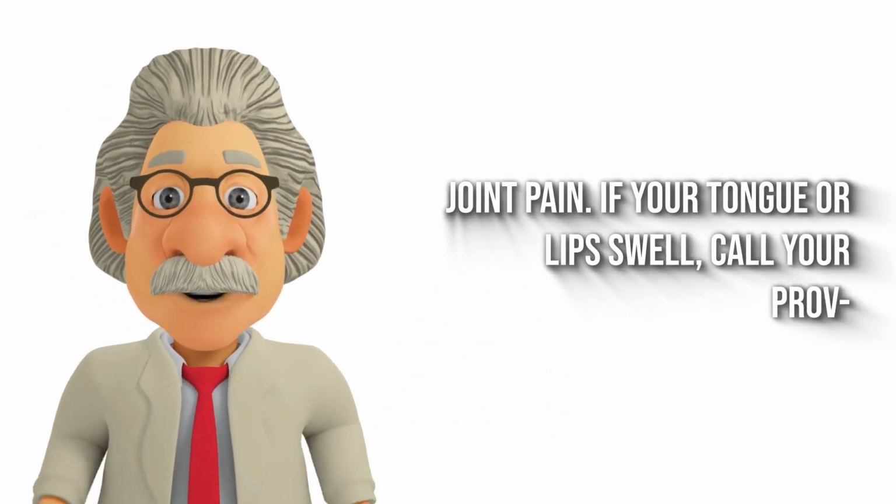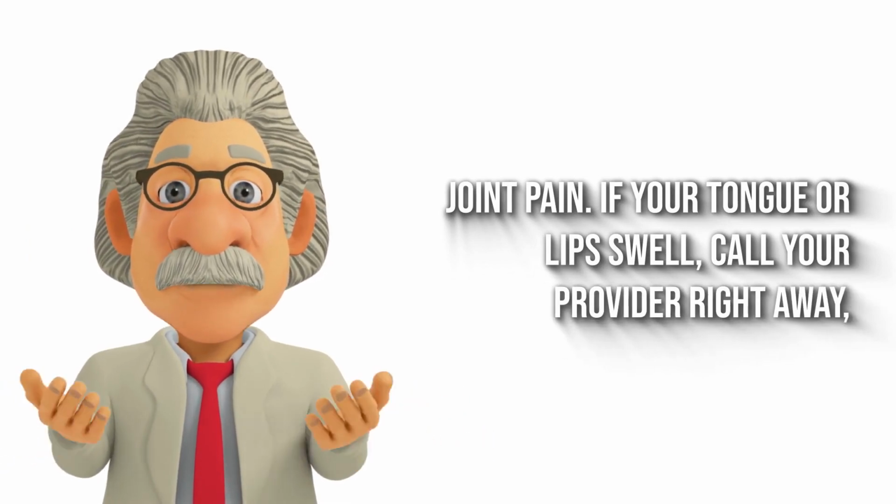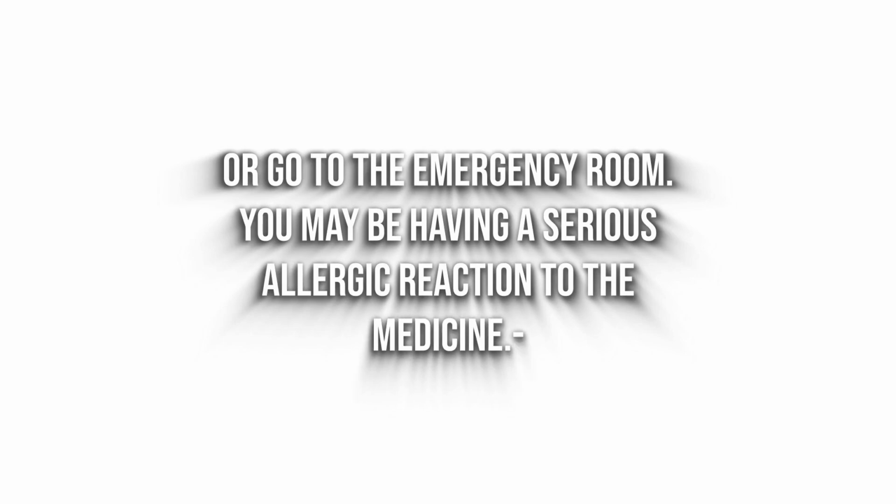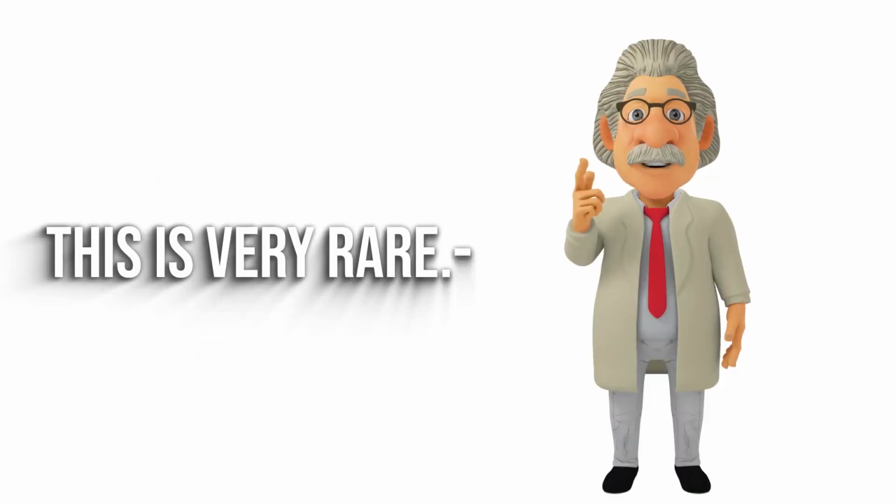If your tongue or lips swell, call your provider right away, or go to the emergency room. You may be having a serious allergic reaction to the medicine. This is very rare. Allergic reaction